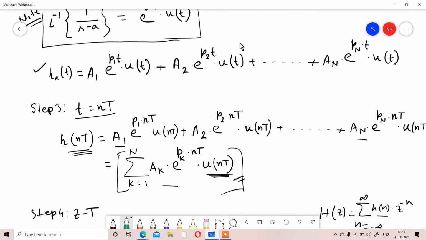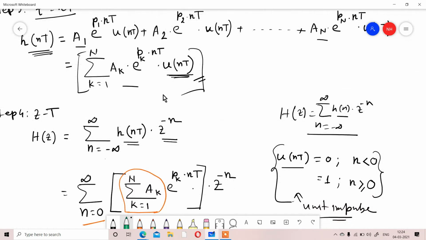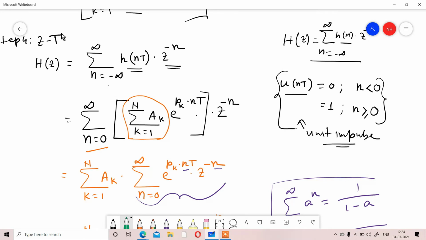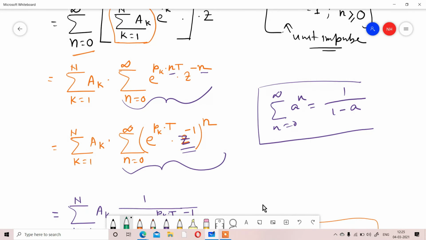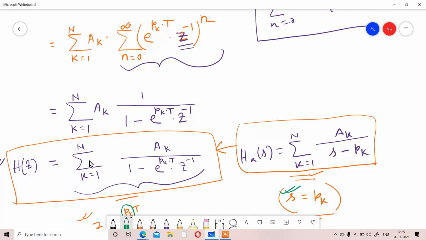Now that transfer function, after getting it in the time domain, we have converted into the sample domain by simply making the sampling, or simply putting t equal to nT. So in the sample domain we have got that value. Now after the sample domain, what have we done? We have done the Z transform over that sampled sequence, and after doing the Z transform we have got that expression. Okay, H(z) equal to that expression.